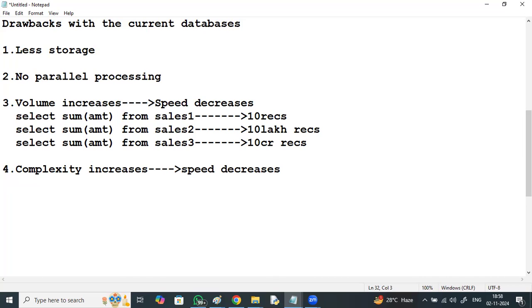Complexity increasing, speed decreases. For example, take a query like this: total amount from sales1, which has 10 lakh records.